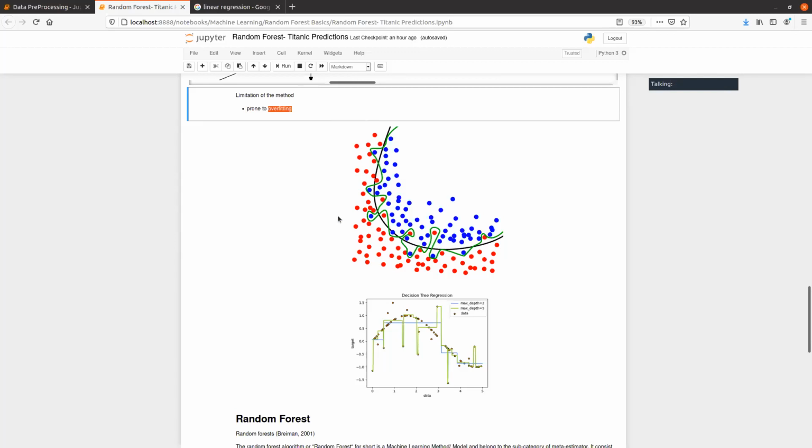And those spaces are also curved, but in 300 dimensions. So usually what we say is that decision trees draw hyperboxes, or boxes, and they do not fit curved spaces very well.